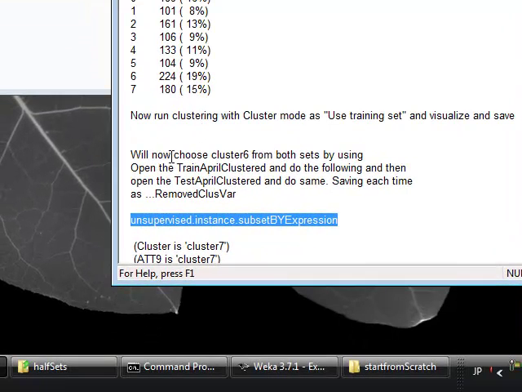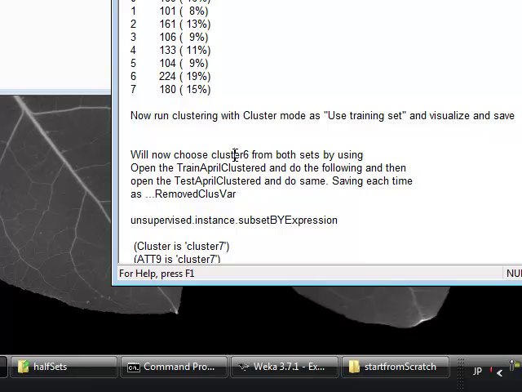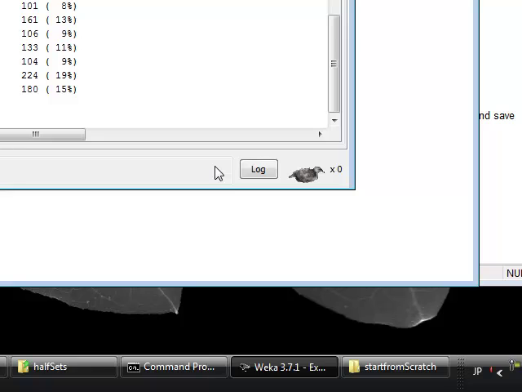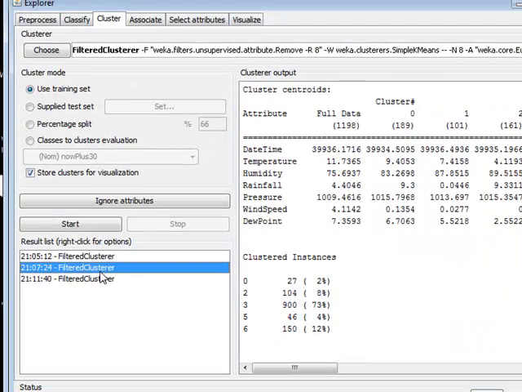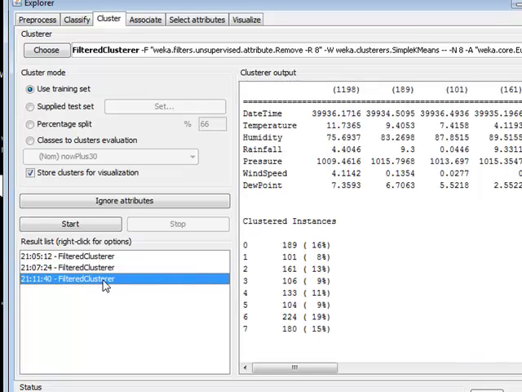Okay, now I'm going to choose cluster 6. Well, why cluster 6? Let's see. Here's the previous clustering. Cluster 6 had about 12% of the records in the testing data set. So I'm going to choose just cluster 6. By the way, in the training data, there were 19%. But anyway,